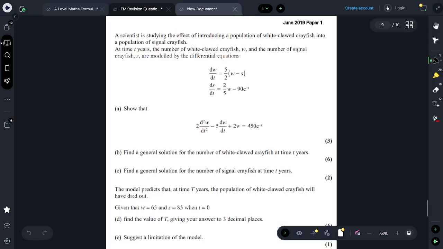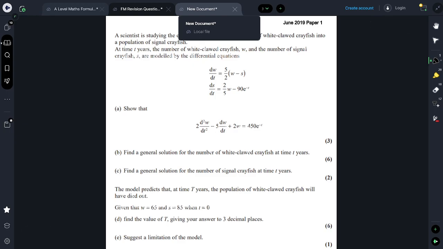So essentially we need to show this. If you look here, it is very common for coupled questions to show that first. We need to get it in terms of dw by dt, in terms of w. We don't want any s's. So the way to approach this is firstly to notice,